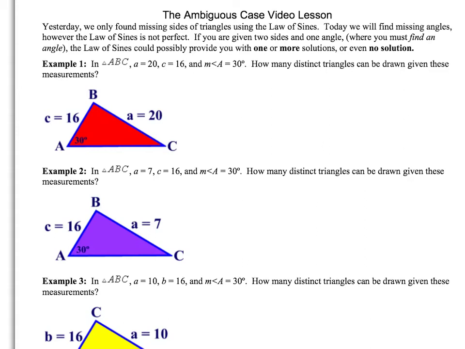Today we're going to talk about the ambiguous case. The ambiguous case is when I give you a triangle and you can get more than one correct answer. That's why it's called ambiguous. Now, the last multiple choice question on the Regents for 2013 had a question and it asked what could the